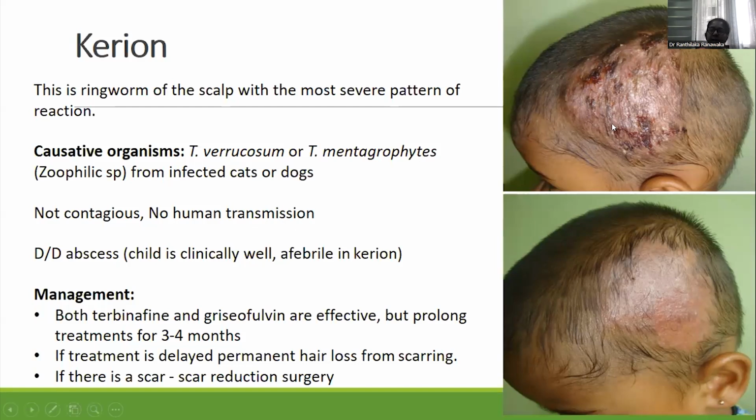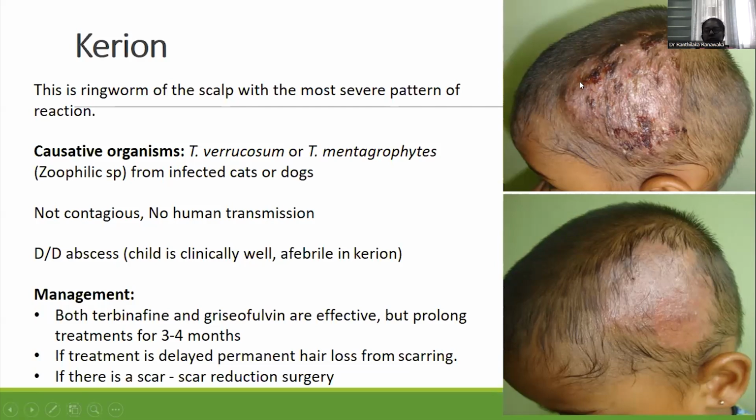And it is not contagious, right? So the differential diagnosis is abscess. Again, from OPD, these children are sometimes referred to the surgical unit. That's okay, because most of the surgeons identify this and refer back to us, because surgery is not indicated here, right? Surgery will cause a scar. We can cure them without leaving a scar, right?